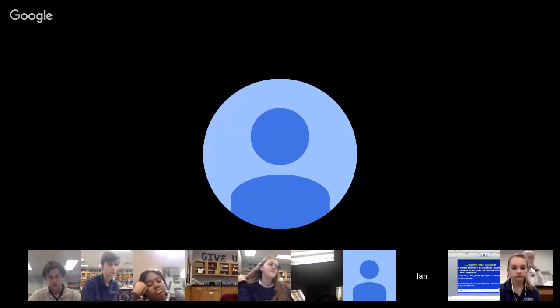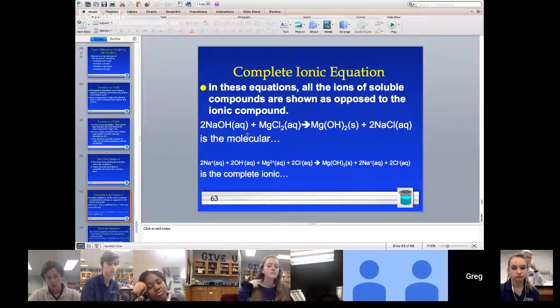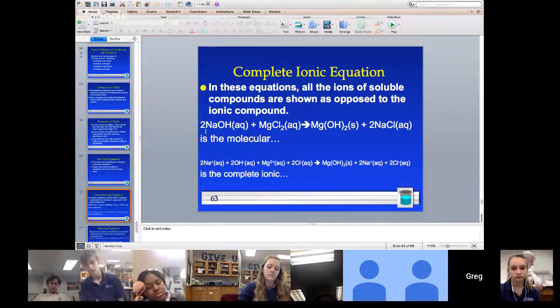This right here is every ion that's written out here. And by that, I mean anything that says aqueous, we're going to have to write it out as its individual ions. Anything that's a solid, we keep it as itself. This is the complete ionic equation. Remind yourselves that the 2 in front of these actually applies because this is a balanced equation. Now,